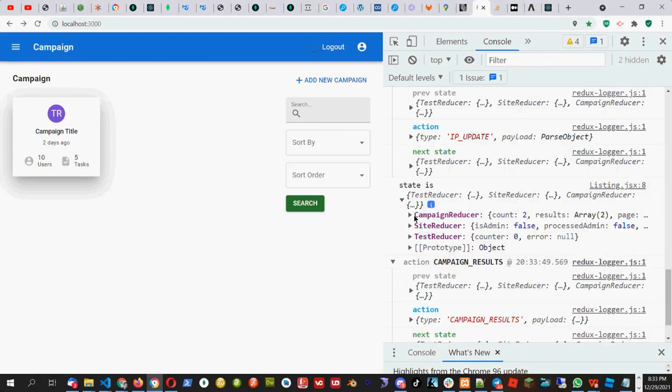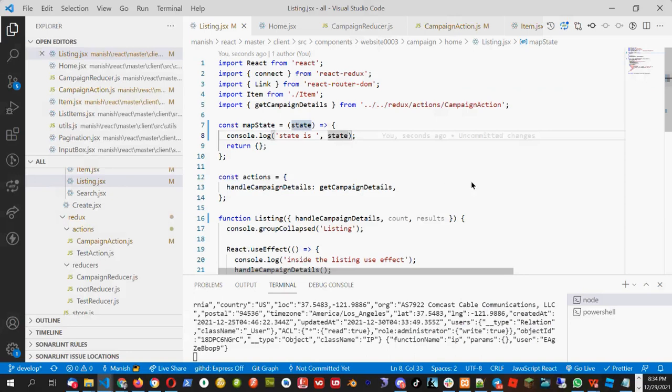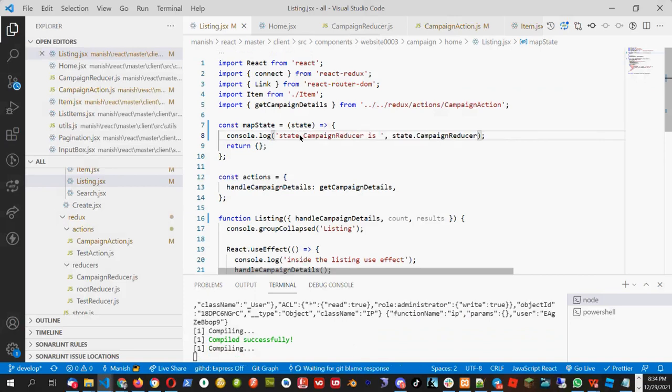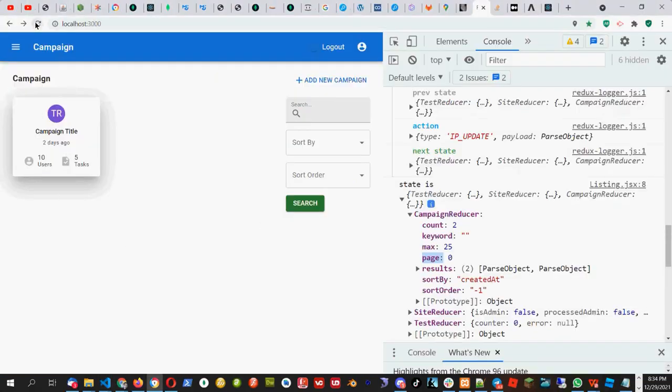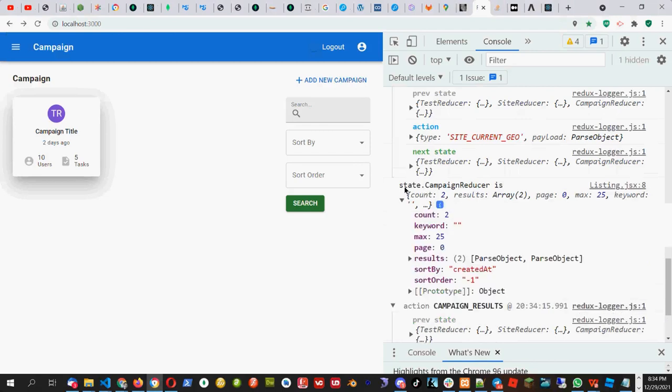And we are especially interested in this reducer, campaign reducer. In the campaign reducer, we have the count and results. So that means if I want to display the campaign reducer, I will say state.campaignReducer. Let's see what is coming in the state.campaignReducer. So here in the state.campaignReducer, I'm getting the count and the results.